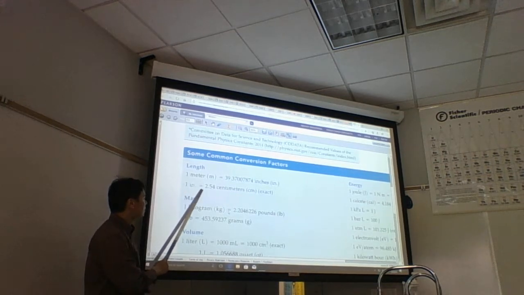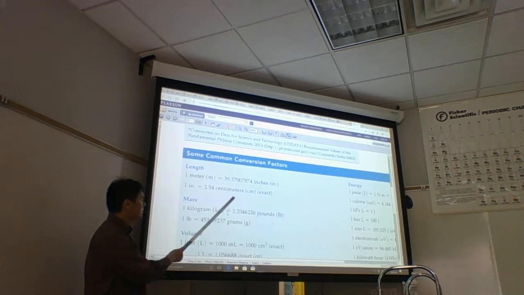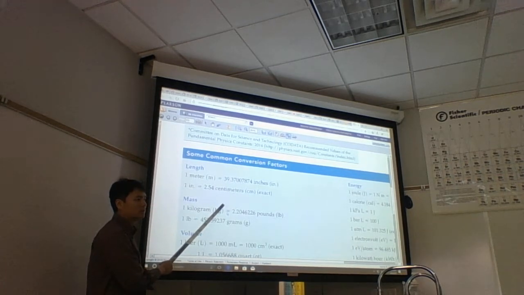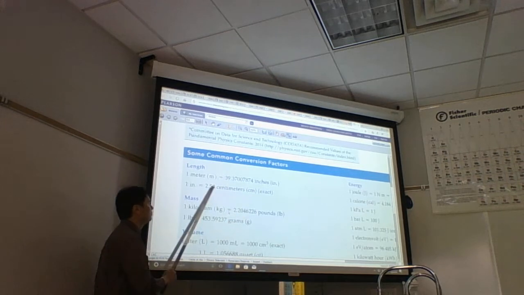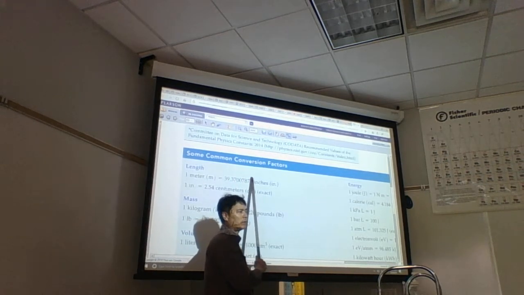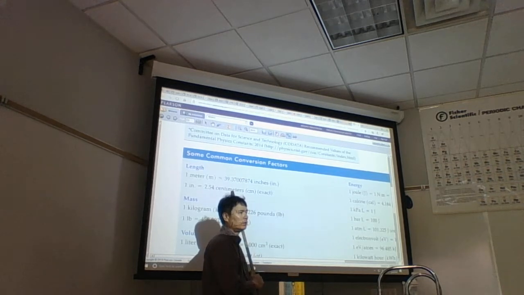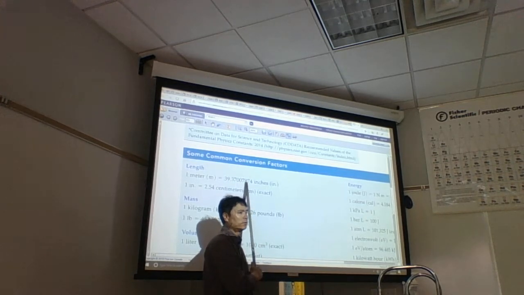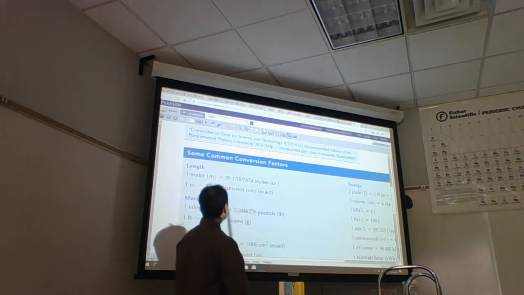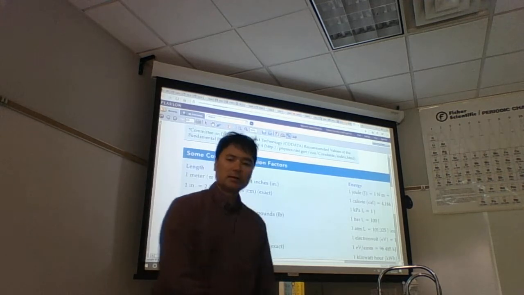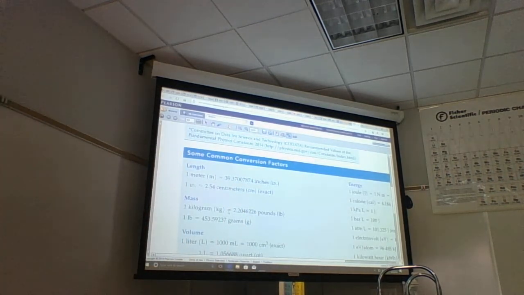1 inch is approximately 2.54 centimeters, or exactly 2.54 centimeters? It's exact, 2.54. This is exact. So I don't memorize the top one. I memorize the bottom one, because that way I don't have to worry about sig figs. And so if I know this bottom one, then I'm all set. That's the only one I pretty much have to memorize. Well, I had to memorize something else too, but